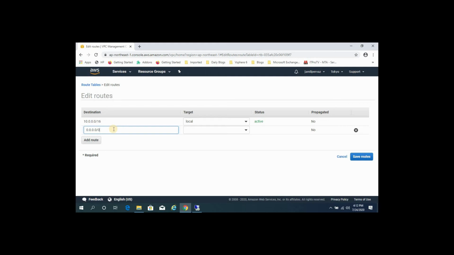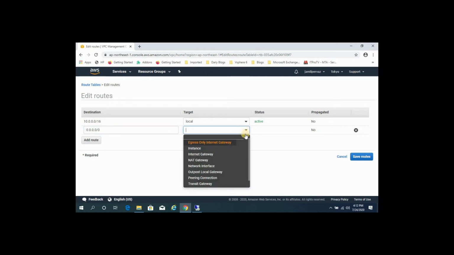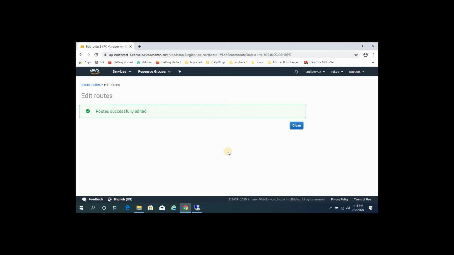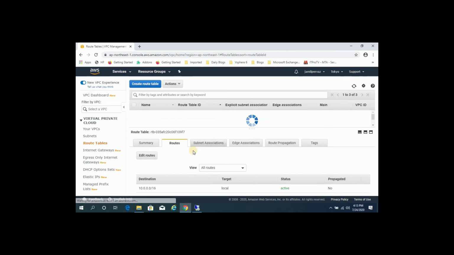For the target, select Internet Gateway, select your internet gateway, click Save routes, and click Close.